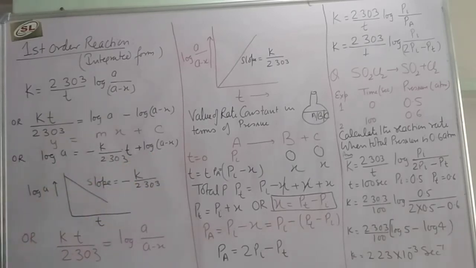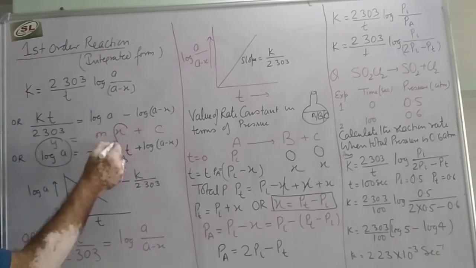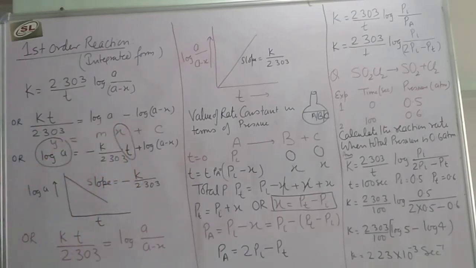When we plot the graph between log(a − x) and time t, we are plotting the graph between the x and y axes according to the straight line equation. The straight line equation is y = mx + c. So log(a − x) will act as y on the y axis and we will take time on the x axis, so we will get a straight line.